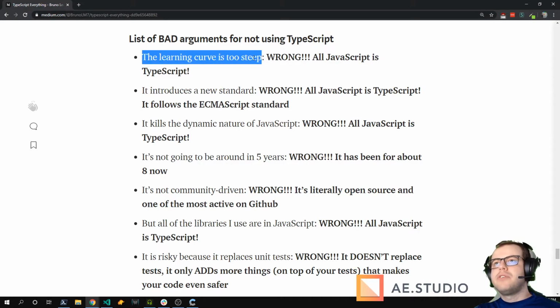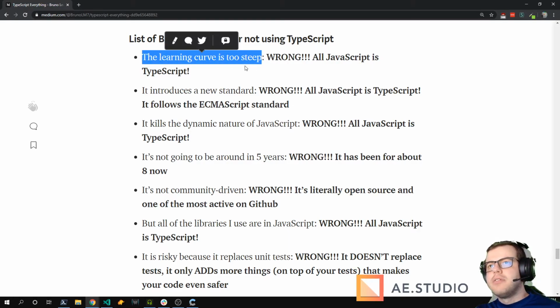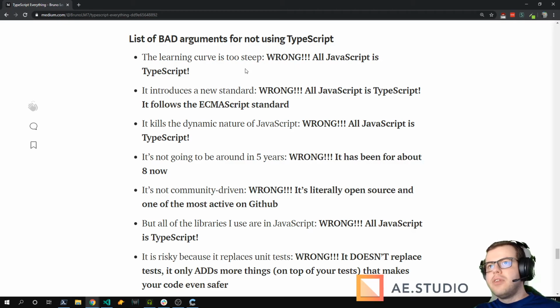The learning curve is too steep. Well, you just need to know JavaScript, and that's it. So there's nothing to learn unless you want to make it a very robust solution. If you just want to use it, there's no curve to learn.